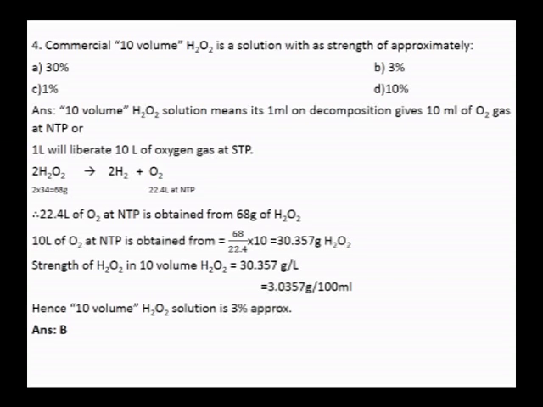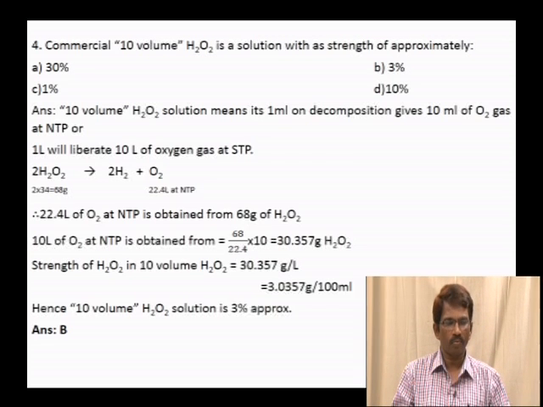If I say 10 volume H2O2 solution, it means 1 ml of this sample of H2O2 on decomposition gives 10 ml of oxygen gas at NTP, or 1 liter of the sample solution will liberate 10 liters of oxygen